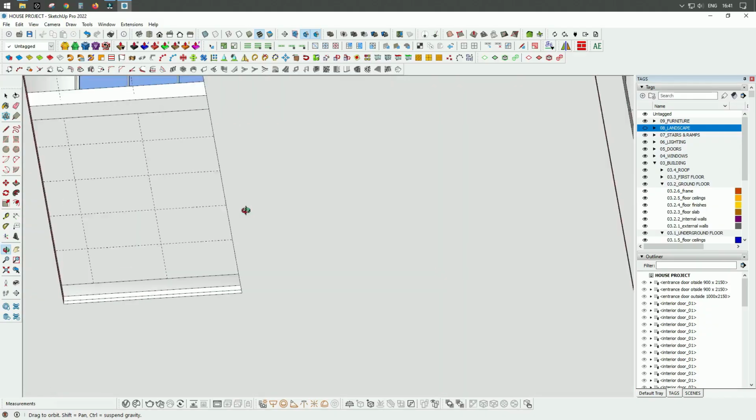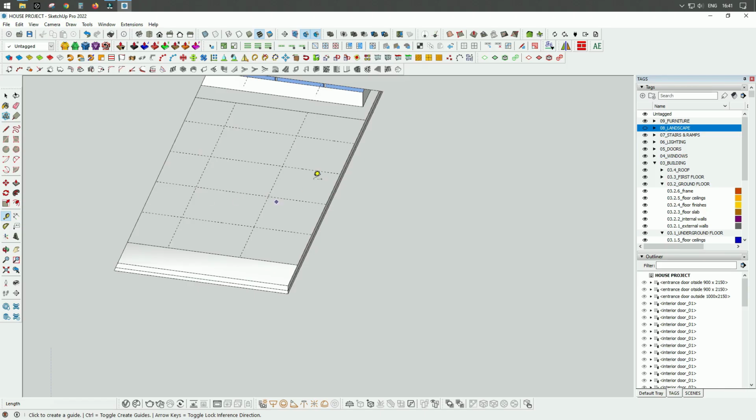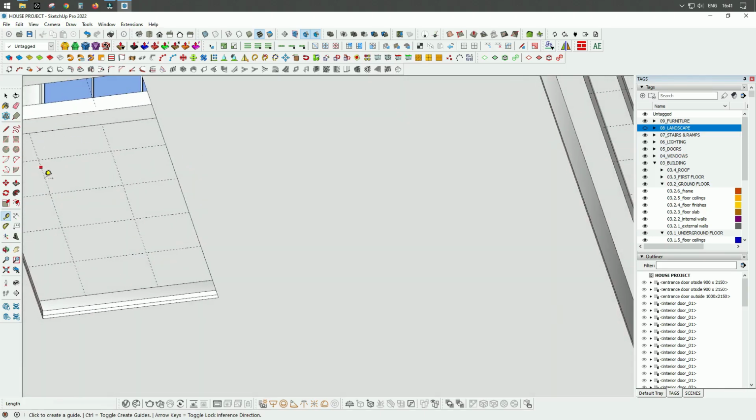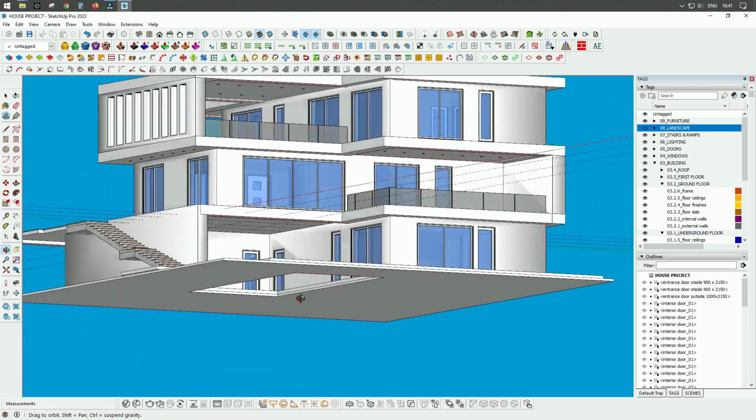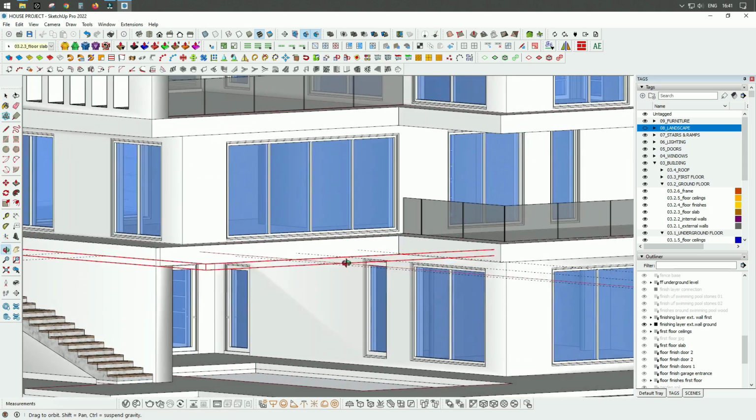Yes, so I have these reference lines and these reference points here in our ceiling for the swimming pool,